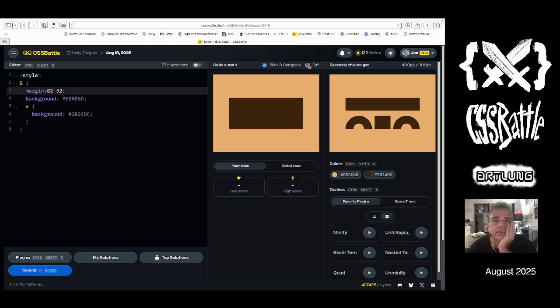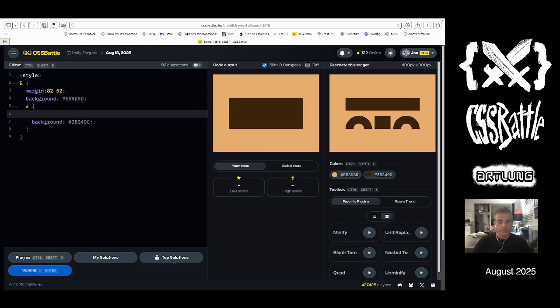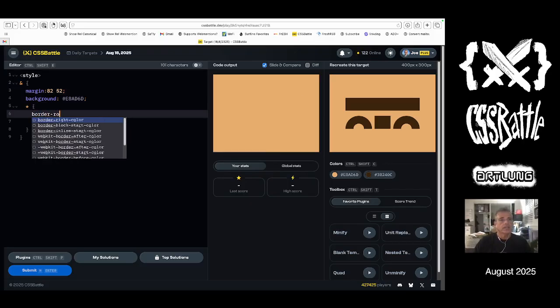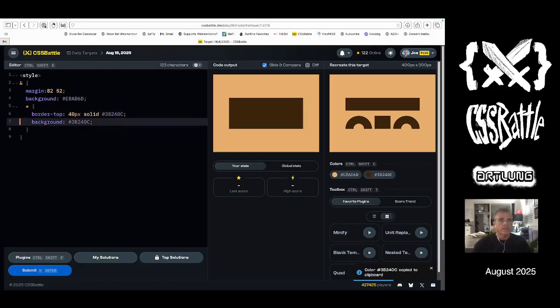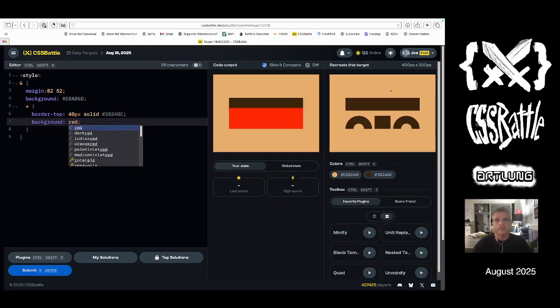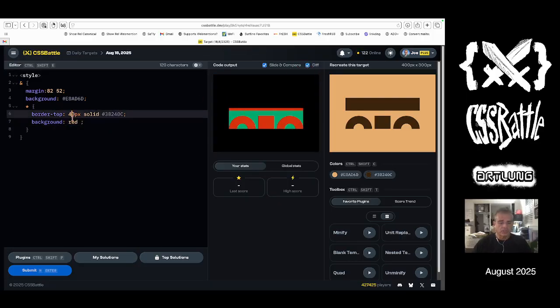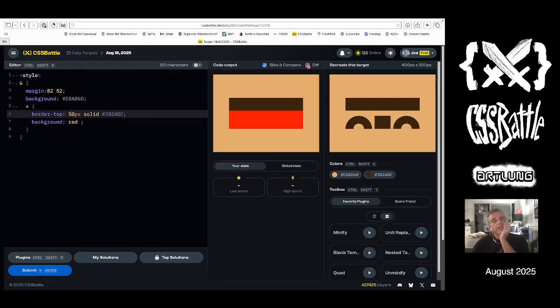So what's the next step? You know what I want to do? I want to do a border top 40 pixels solid, and then that dark color, and then I'm going to make that background some ridiculous color like red. Yeah, and then we make it, I guess it's 50 pixels. 50, great. And then